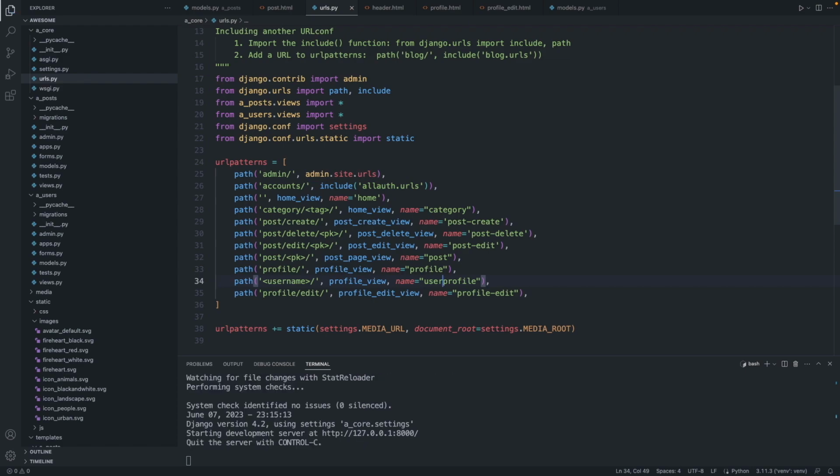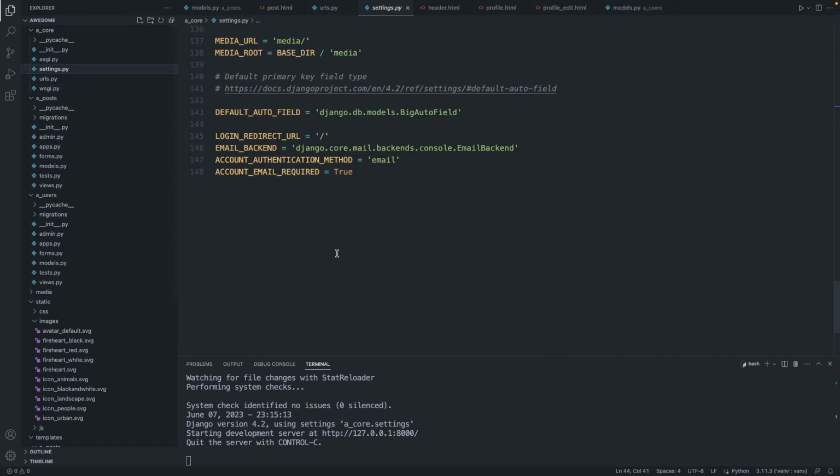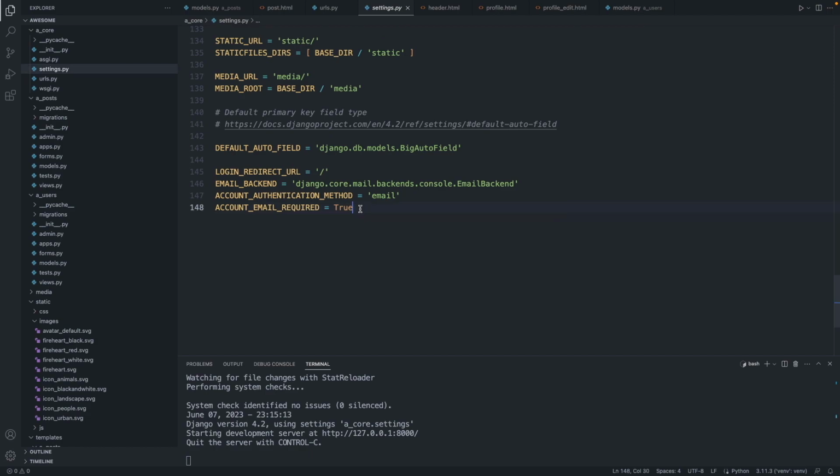So to avoid conflicts when users sign up with certain usernames like profile, let's create a username blacklist in our settings file. So let's go to the settings.py file and let's add at the very bottom this variable, ACCOUNT_USERNAME_BLACKLIST, and in this array we can list all the names we would like to exclude. So I will add here